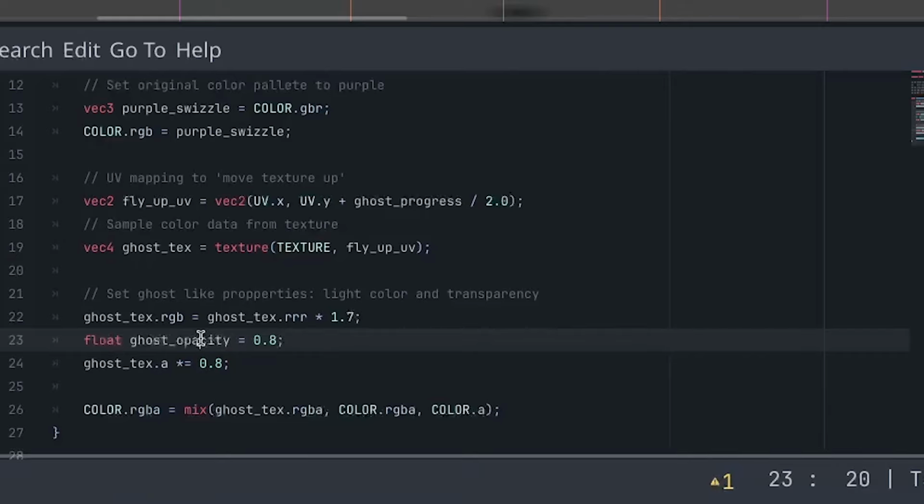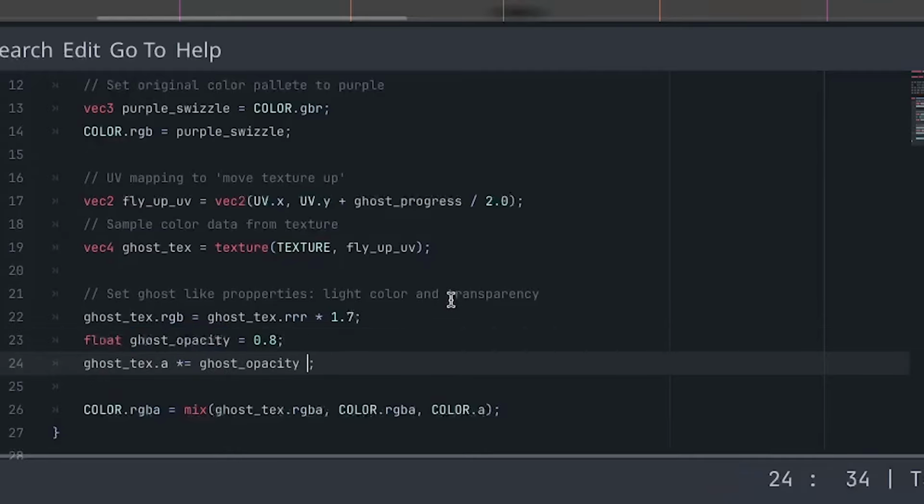Oh, for those who are not aware, a magic number means that you randomly just add a number without any description to it. So the next time that you come back, you're like, why did I fill in 0.8? And if you do that a lot of times in a big file, then you most likely get some headache reading it. So now that we give it a descriptive name, we can use it over here,